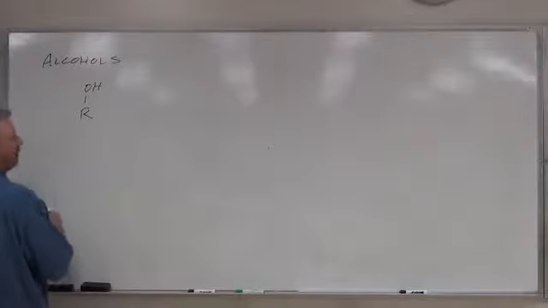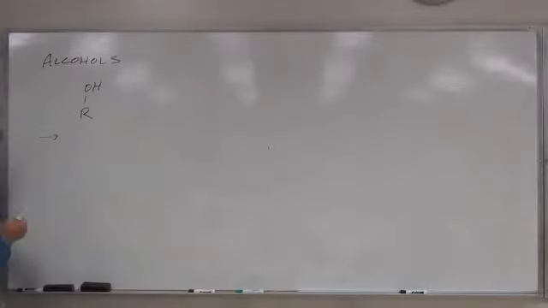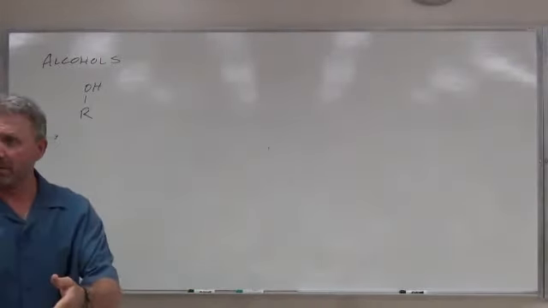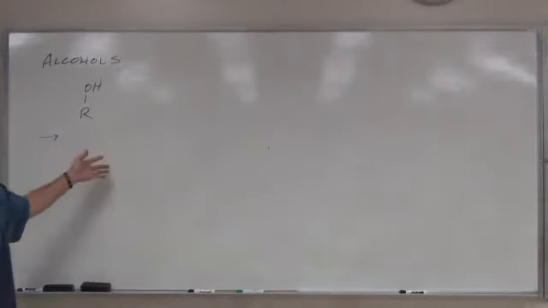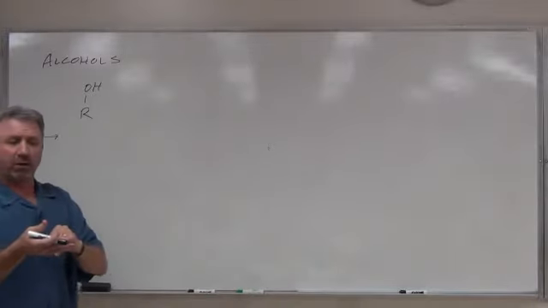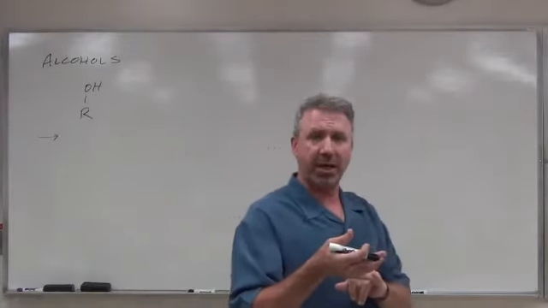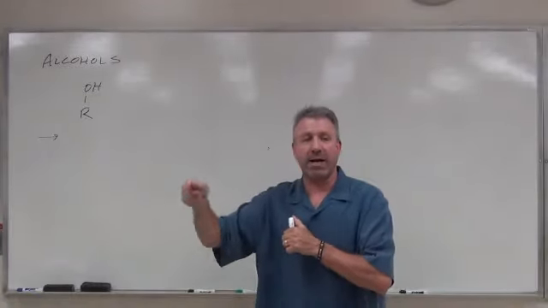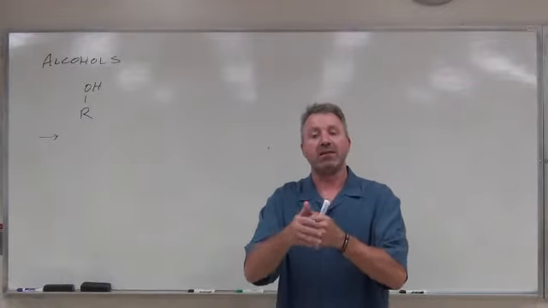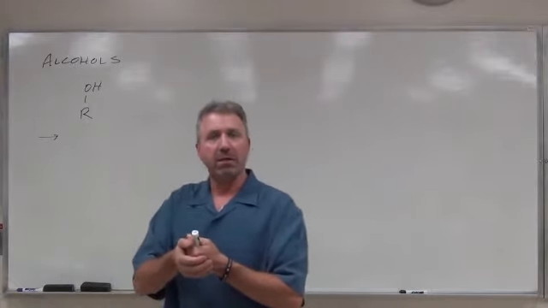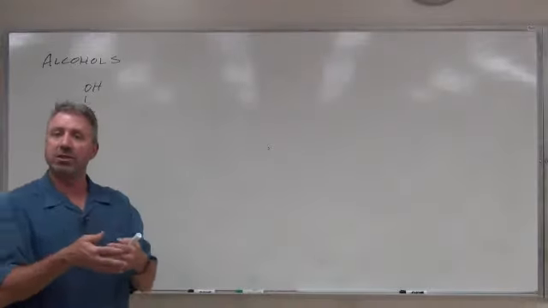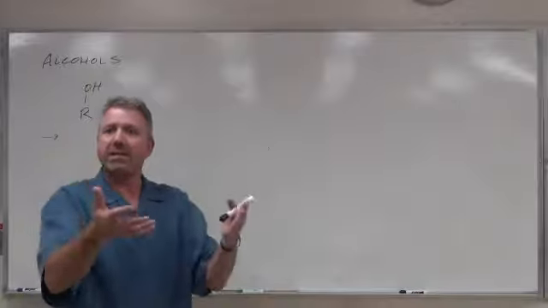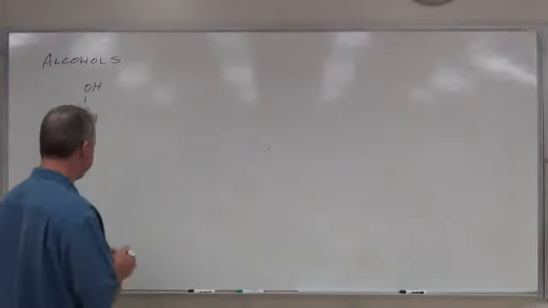When we name our alcohols, all of our previously developed protocol for alkanes is true. We're just going to modify a little bit. Okay, we have to find the longest carbon chain, the longest continuous carbon chain. But like our alkenes and our alkynes, the chain has to contain the OH group. All right, so it's the longest continuous chain that has the carbon that contains the OH group. Basically, you have to have the functional group in the parent chain.